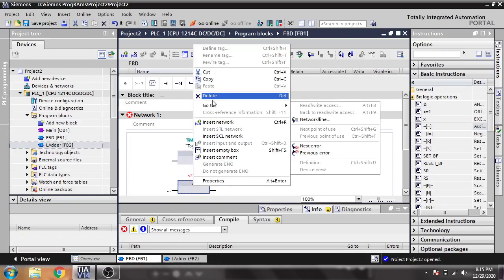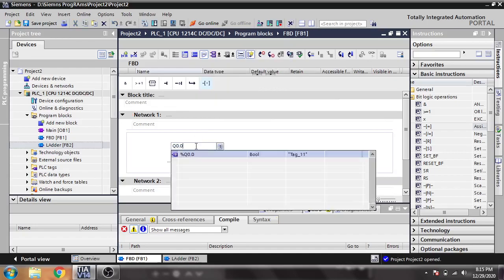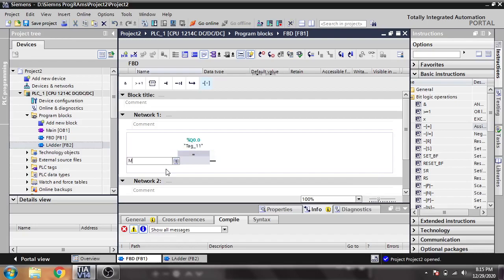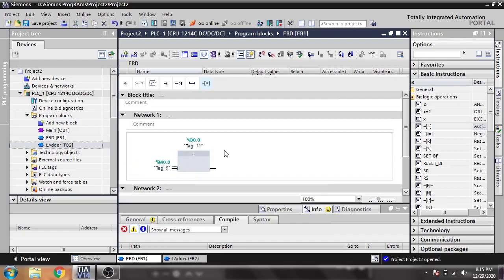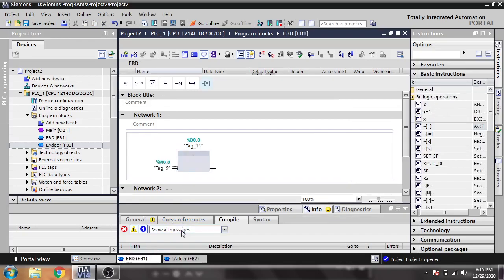Sorry, maybe I have something missing in the Q 0.0 there, and I'm going to enter M 0.0 there. So that is our ladder, and you will see it will work the same.